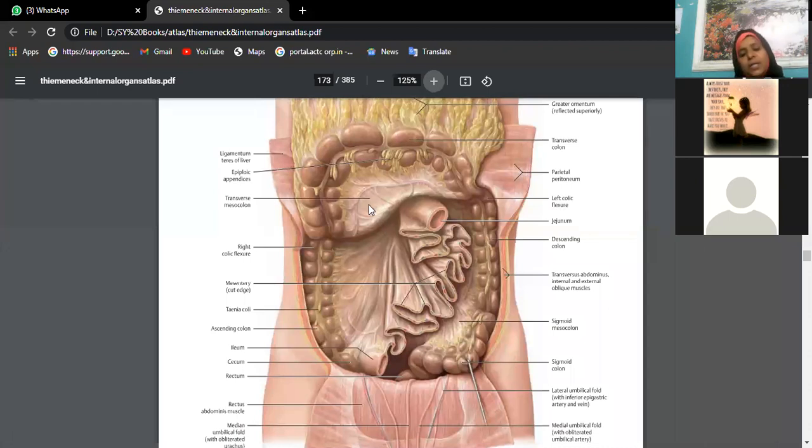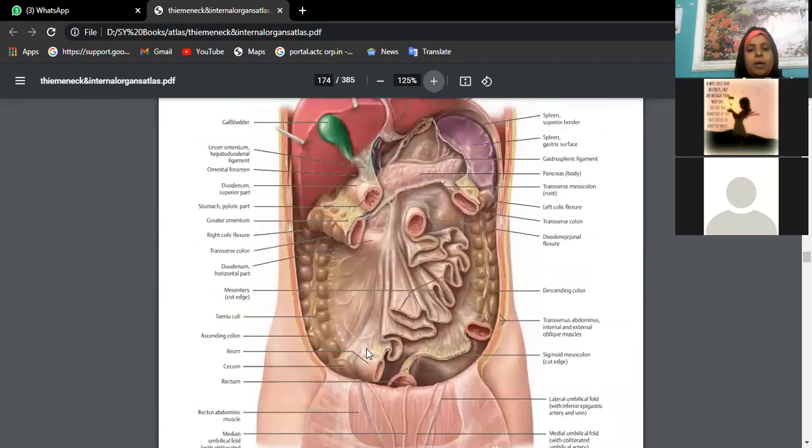What are the parts of the small intestine, Ritika? Duodenum, jejunum, ileum. So the ileum is now in connection with the ascending colon. What is the first part of the ascending colon called, Ritika? I have shown you the other day. Cecum. Very good, cecum. What is the blind pouch coming from the cecum called? Appendix. Excellent. So cecum, appendix, then you have ascending colon, transverse colon, descending colon, sigmoid colon, rectum, which continues as the anal canal.